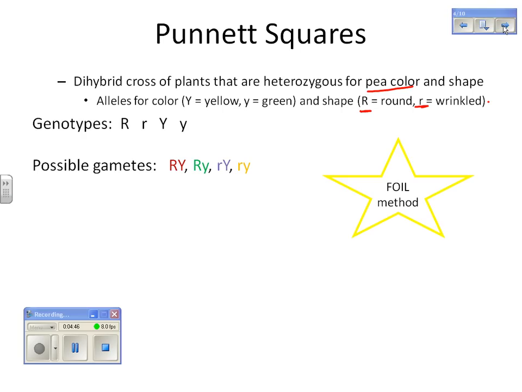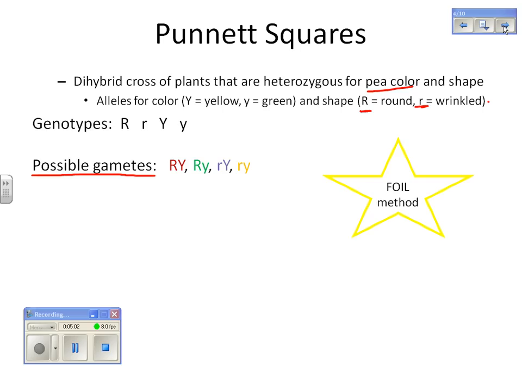So if you see our genotypes, we have capital R, lowercase r, capital Y, lowercase y, because again, we're heterozygous for both of those traits. These are our possible gametes we can form. And this is